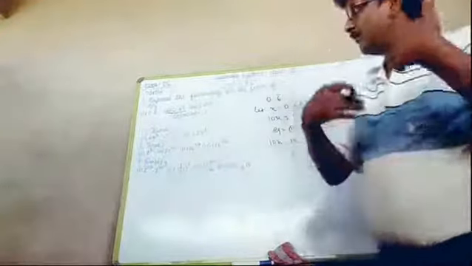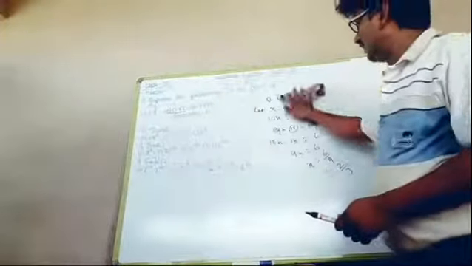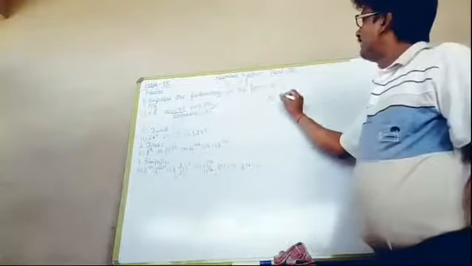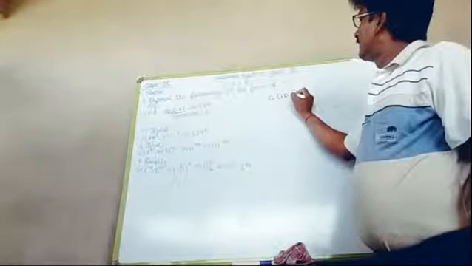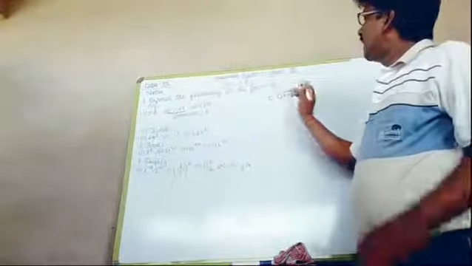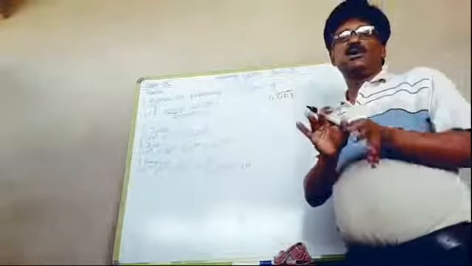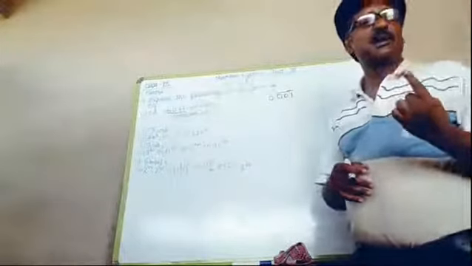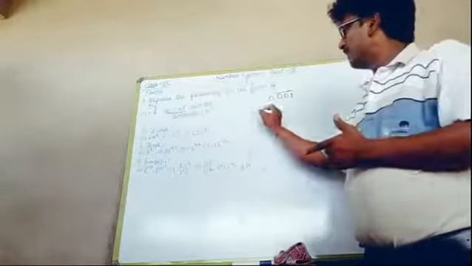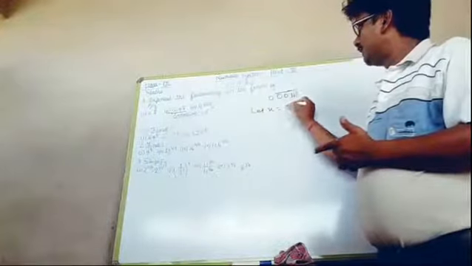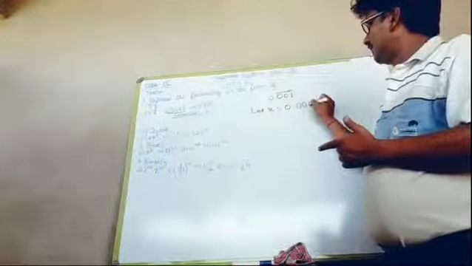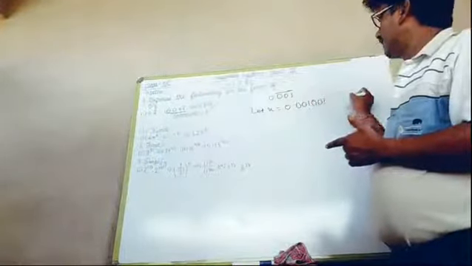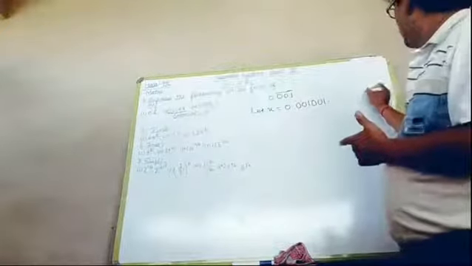Okay, understood? One more question there. See this. For this question, 0.001. These three digits, 001, are repeated. So the first step, we have to consider as x what is given. So let x is equal to 0.001001 and so on. Any problem? And that will be the first equation.